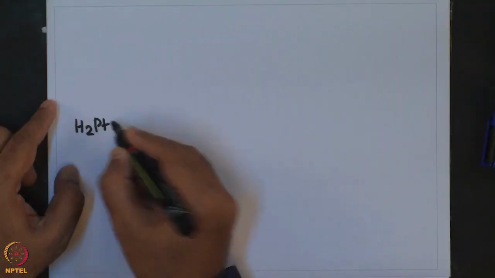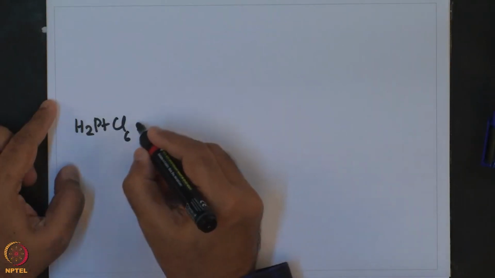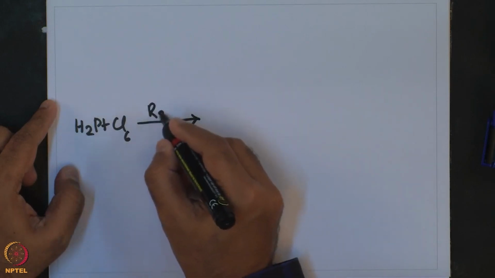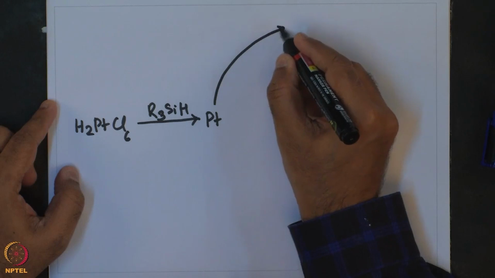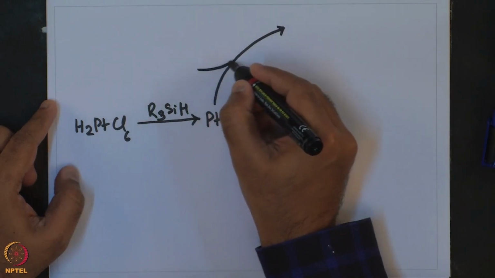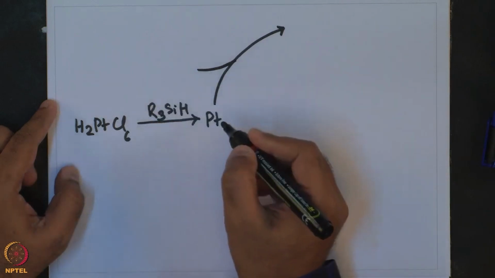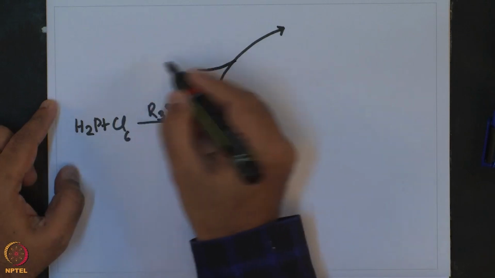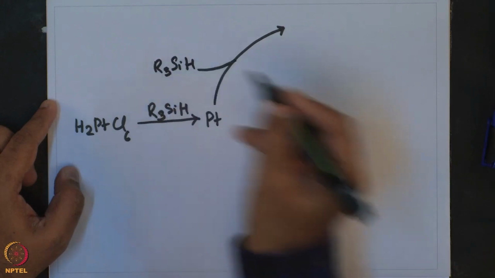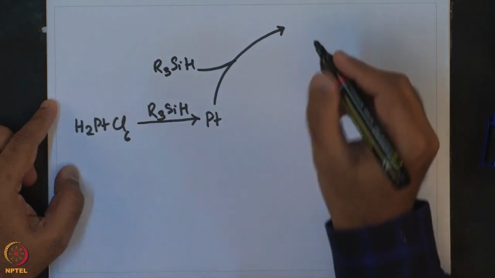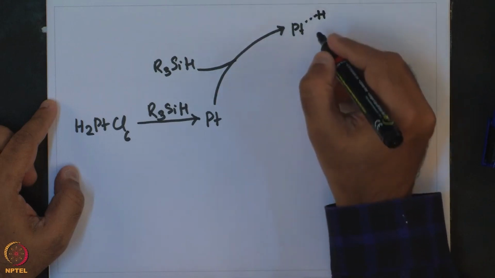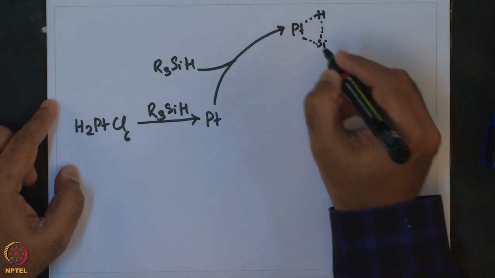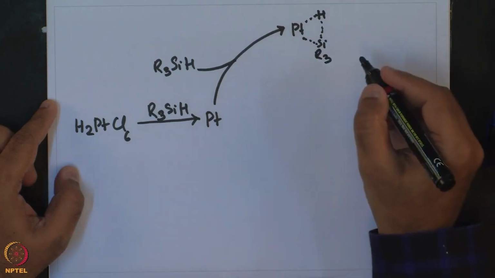So, the catalytic cycle is given as follows: H2PtCl6 in presence of R3SiH giving platinum 0, and this platinum 0 then oxidatively adds R3SiH to give this platinum based sigma complex of the type Si R3,